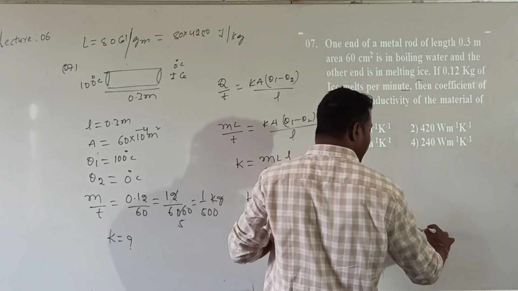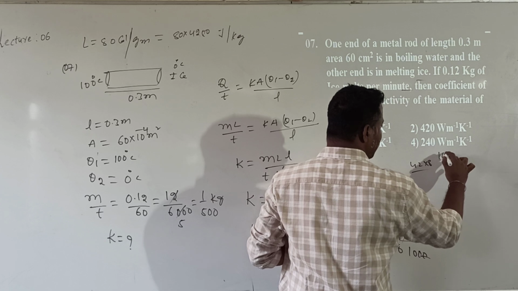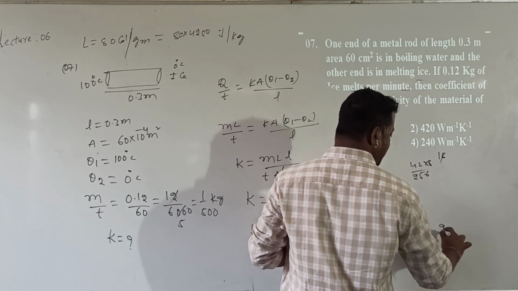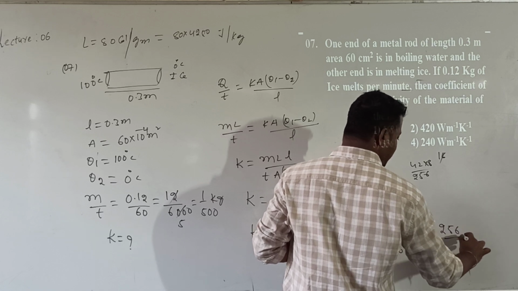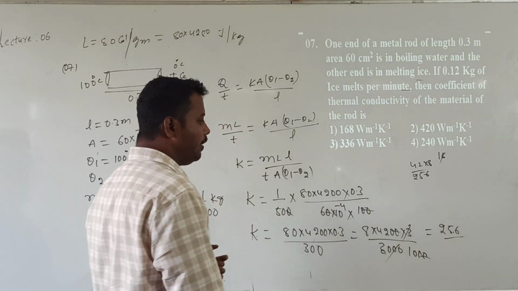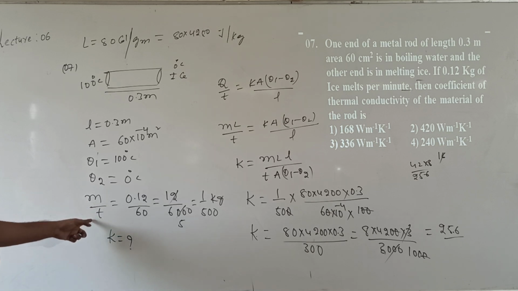So what will we get? What is 42 into 8? That is 16 here, 24, but 256. 256 by 10. That is what I get, 25.6. In the data somewhere, so that is the formula we have written. The formula, everything is correct, but in the data there, in here itself only.